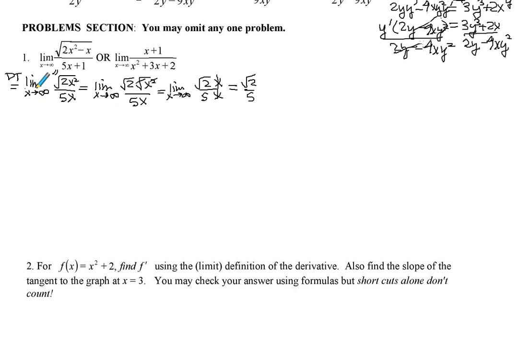And then remember, if x is approaching negative infinity, then this square root of x squared doesn't give x, but it gives negative x. You get a negative answer. Okay, this second limit,